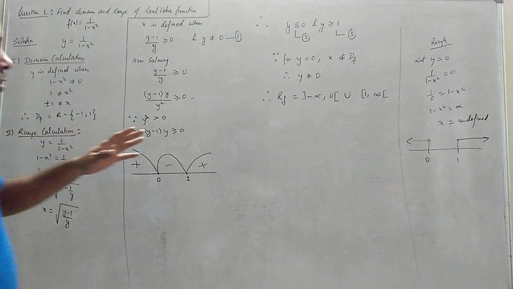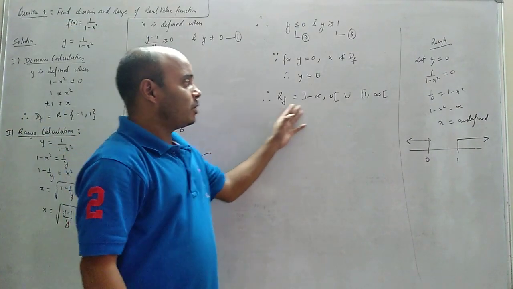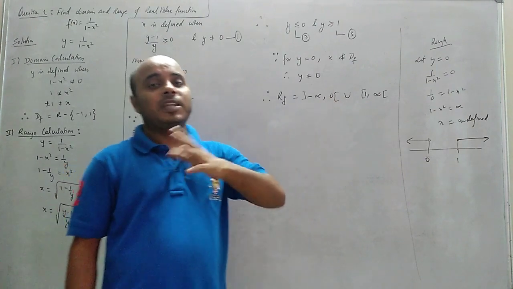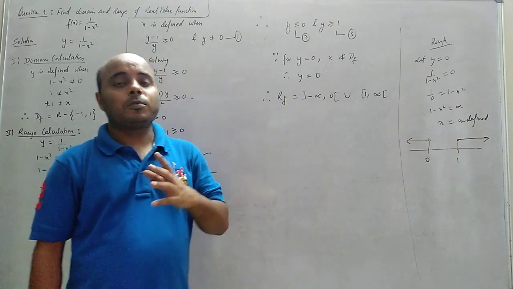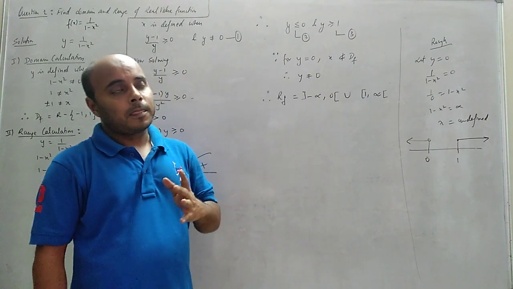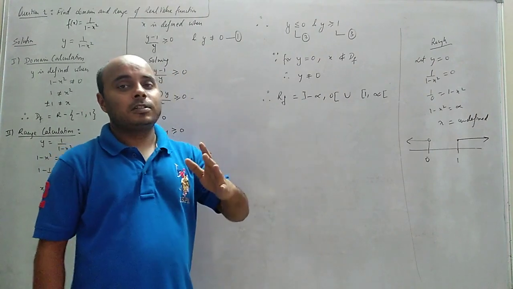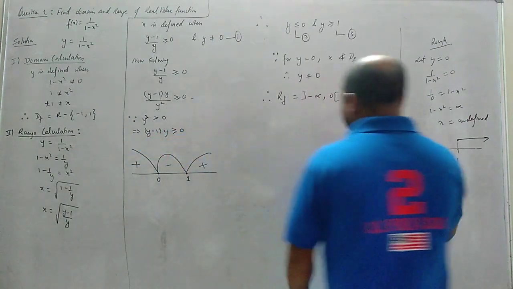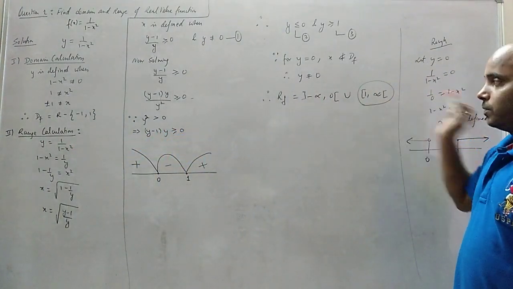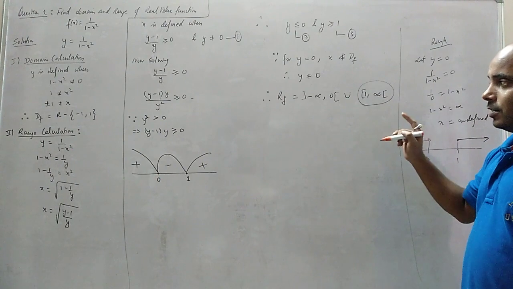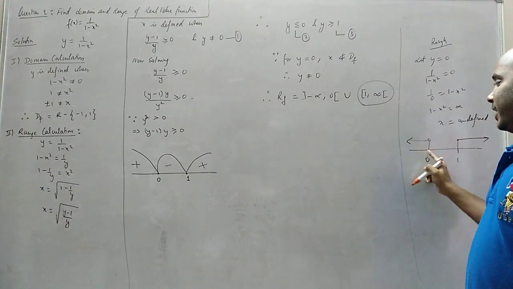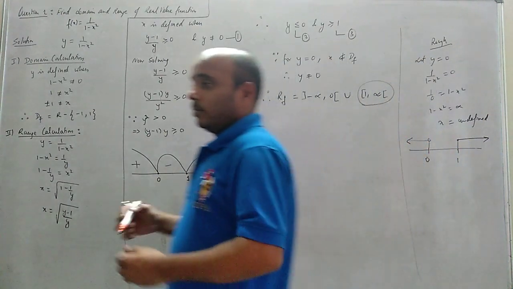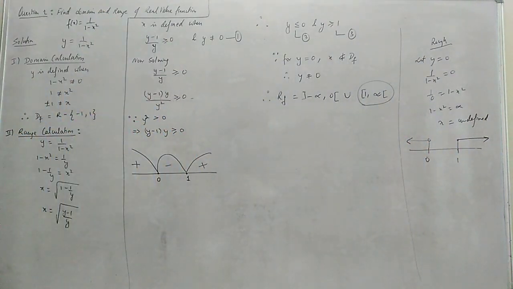Class, one more thing I want to discuss about this part. The answer which we got here will be different from the PDF which I will be sending you. In the PDF the question solution is wrong, so the answer will not match. In the books, the answer is only this much, so this is not the answer. Y value can be negative also, as well as less than 0 also. So this is the correct answer. Okay, so let's go to the next question now.